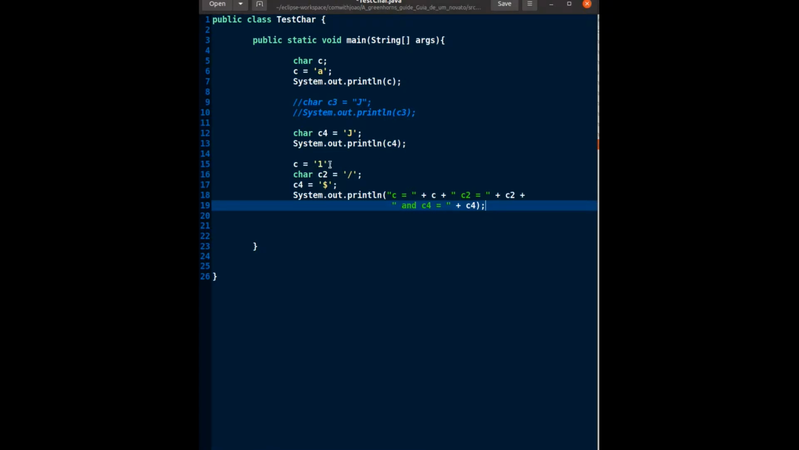It's character 1, character 2 and so on, because it's got single quotes. So I'm assigning it to C, which was declared above here. So now C becomes 1, and then I'm declaring a variable named C2 of type char. It's the first time I'm using C2. As you see, I haven't used it before. And I'm assigning it the character